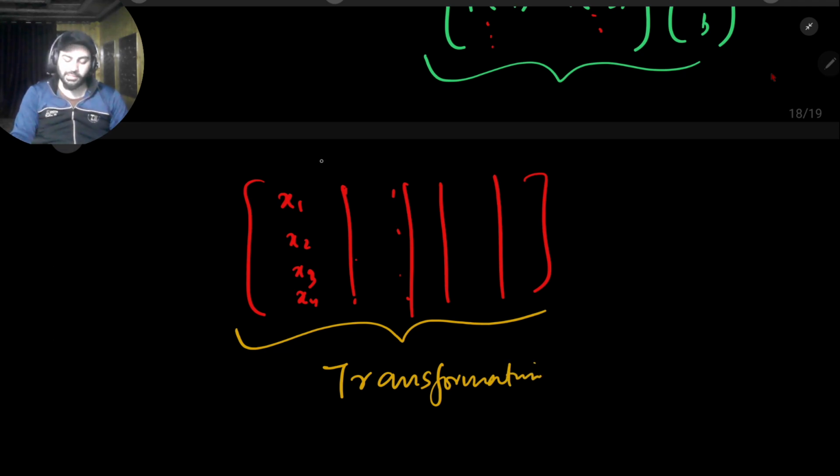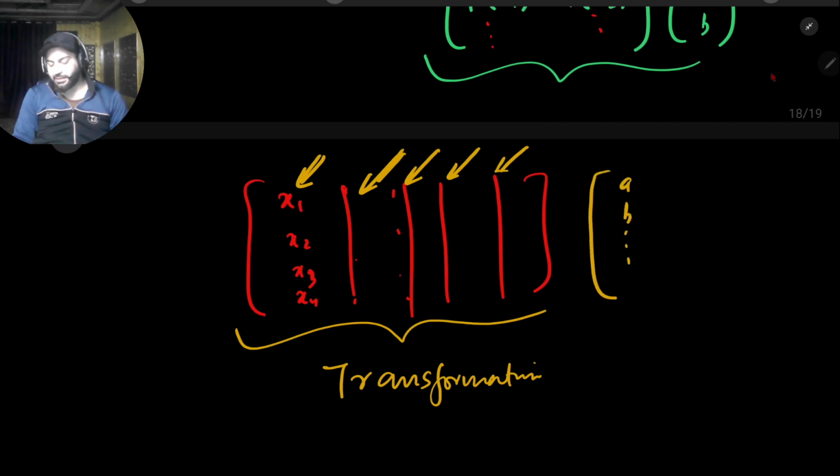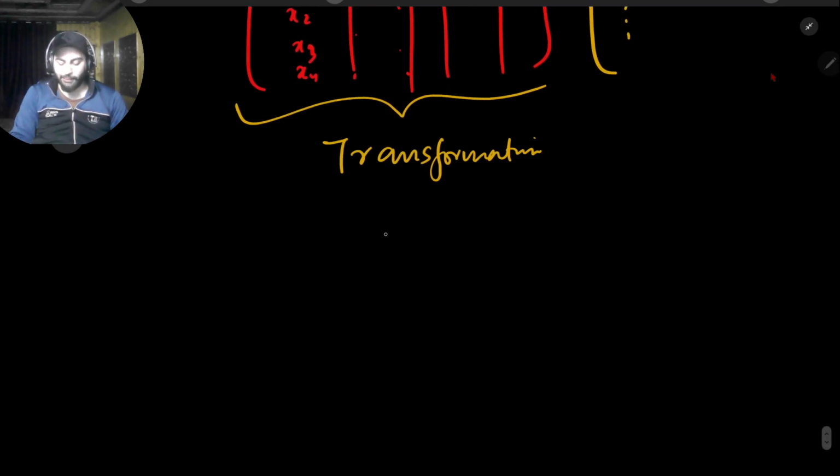Okay, so this is where the first dimension landed, where the first basis vector landed. This is where the second vector landed. This is where the third vector landed, fourth vector landed after transformation. This is where the fifth vector landed. If I want to get anything, I'll just write A, B, C until how many values we have here. Now we got the value that if we have to multiply two matrices,